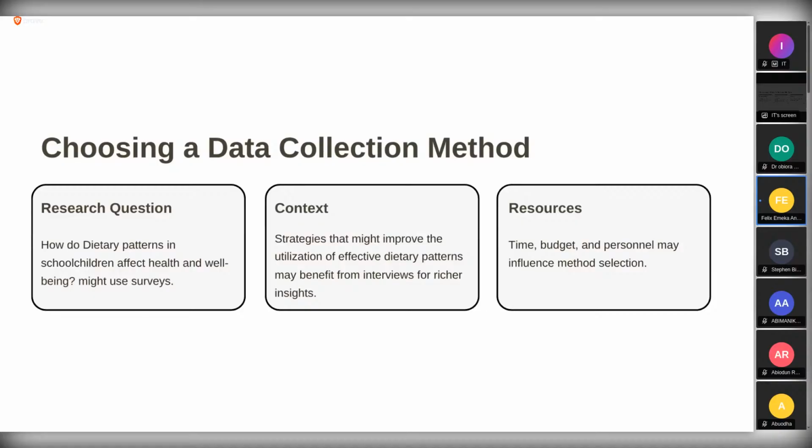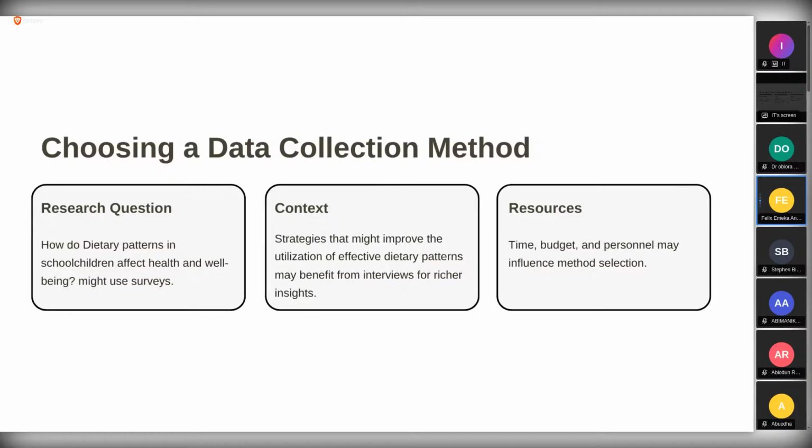But if you're going to be measuring quantity, how many of the children are affected in terms of numbers, you're going to be counting them. So that will give you quantity. At the end of the day, it will give you prevalence. But if you're checking it over time, then it will give you incidence. But if you're checking things that you can't measure in terms of quantity, then you're going to be interviewing them so that you get richer insight.